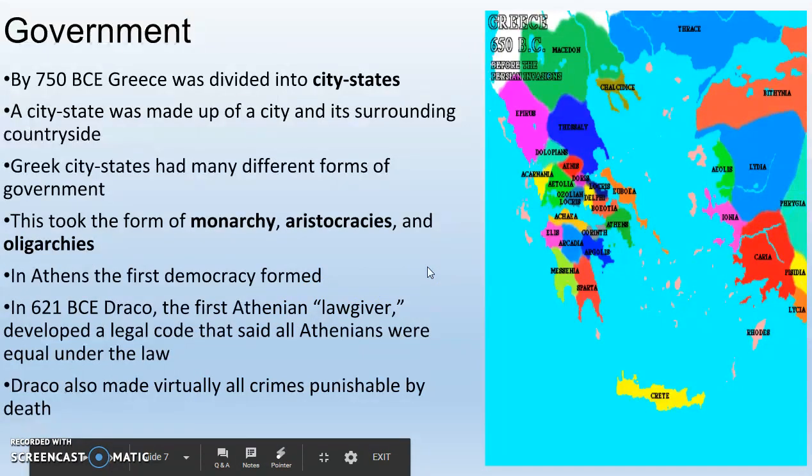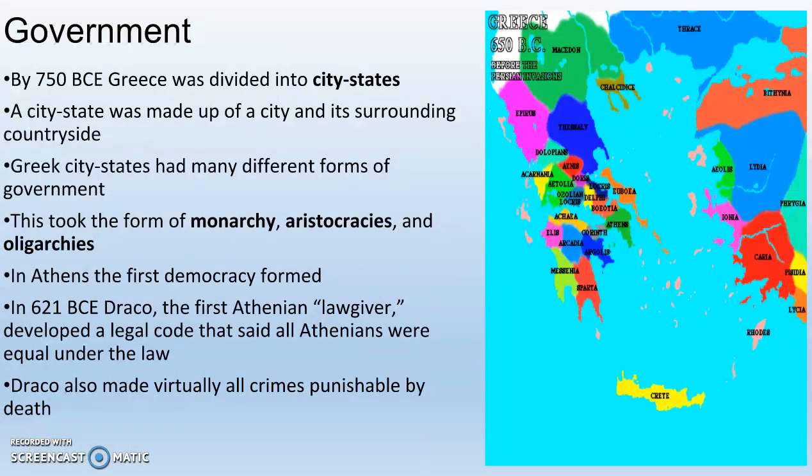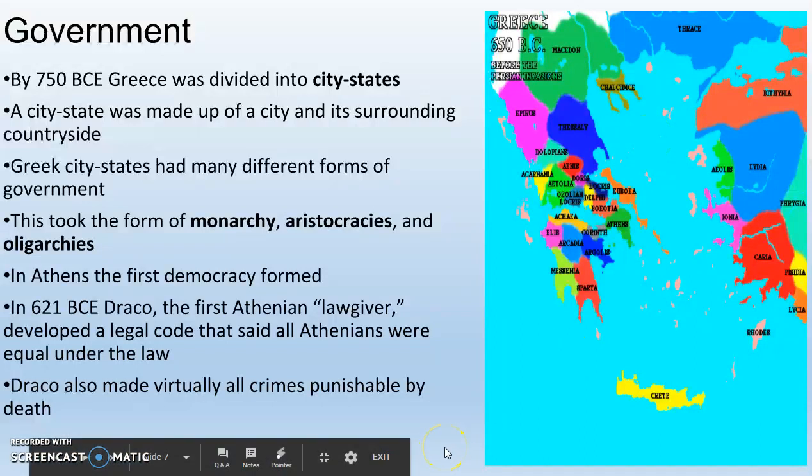So by 750 BCE, Greece is divided into city-states. And remember that a city-state is just a country that is a city and its surrounding land. And basically these cities popped up in the valleys, right? So if we have our original villages and towns, they pop up between the mountains. Those are eventually going to turn into city-states. Why doesn't Greece unify really quick like Persia and a lot of other places? Because you've got all these mountains and it's hard to control all of this territory at once.